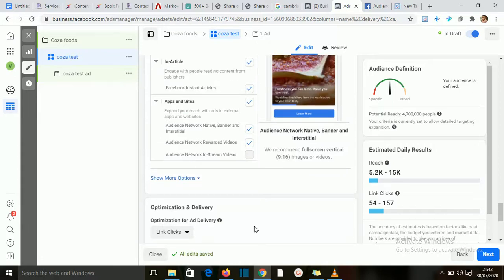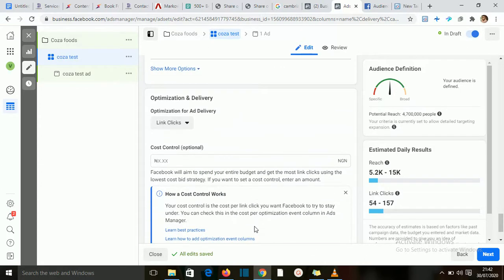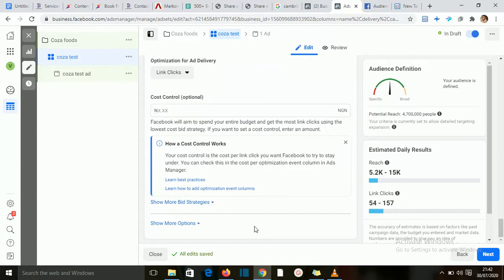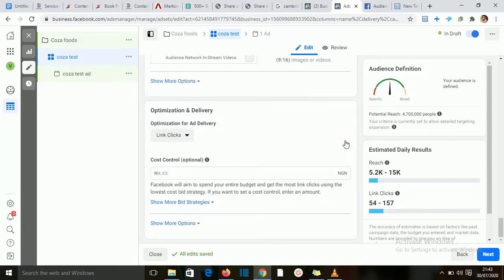Now for this, you don't need to touch this part. You just leave the link clicks. Link clicks is better. Okay. And then bidding strategies. Don't even bid. If you have a low budget, don't even try. Don't bid. Okay. But if you have a big, huge budget, okay, if you bid the highest, Facebook will likely show your ad to